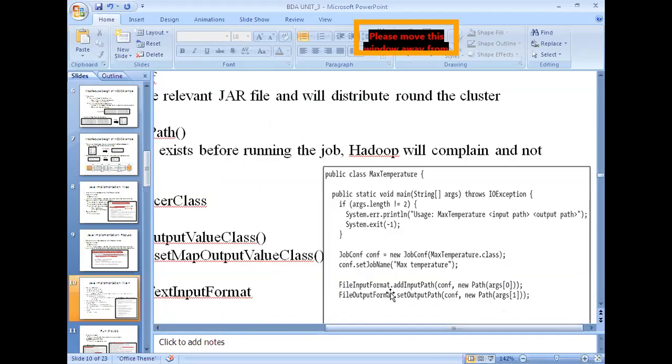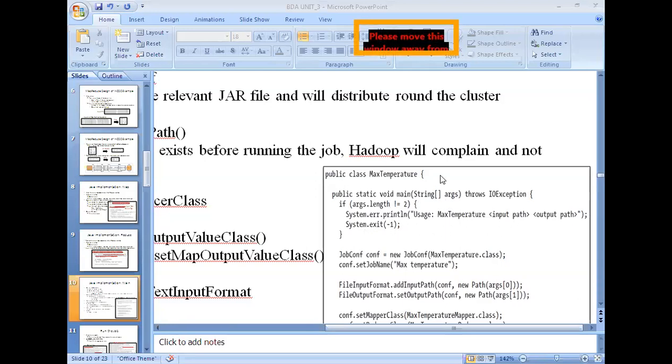This is done with the help of FileInputFormat dot addInputPath, configuration comma new Path of arguments 0. Here we get two different arguments, one is the input path and the other is the output path. If the number of arguments is not equal to 2, then we respond with an error message, right?